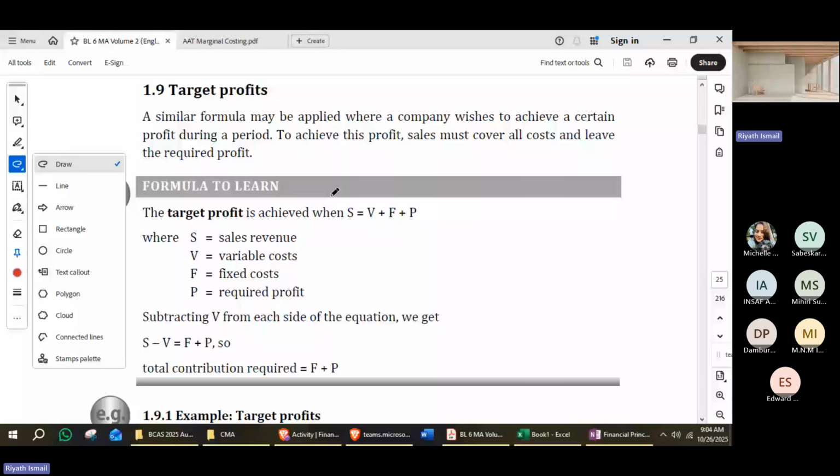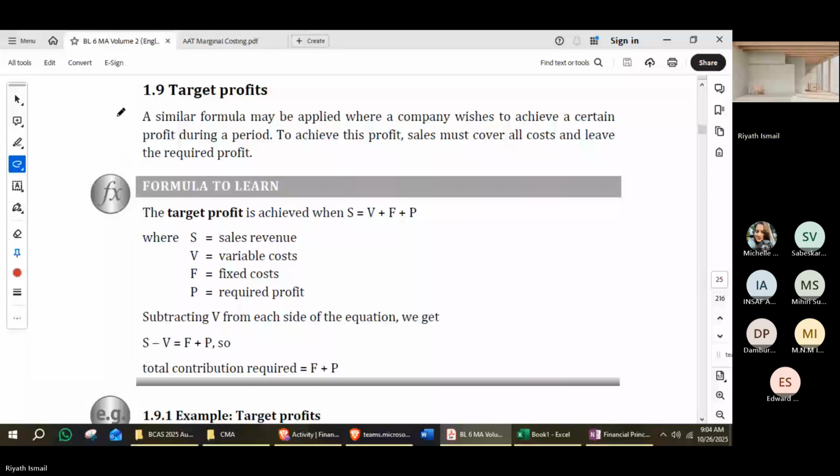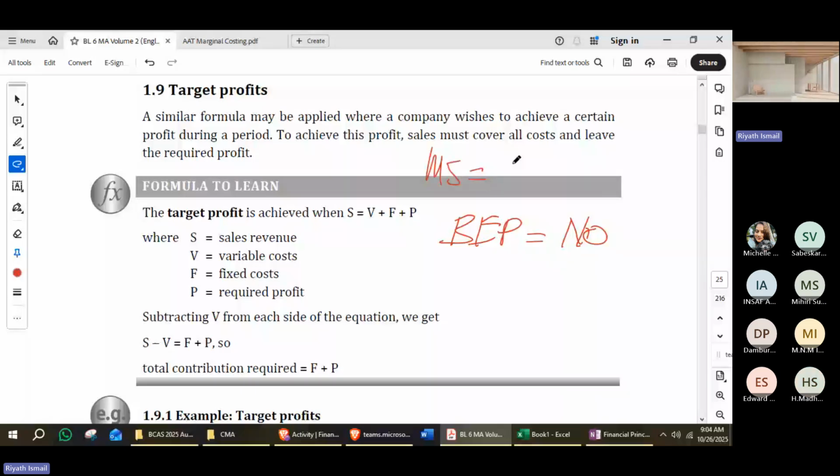So earlier we talked about break-even point. Here there's no profit, no loss. So that is called break-even point. And margin of safety also we discussed. Margin of safety is the difference between the budgeted sales minus break-even point. It can be expressed in terms of numbers, value, and also in percentage. Now we'll see